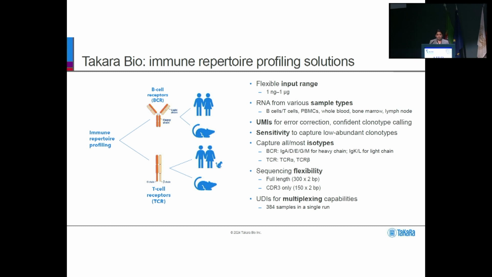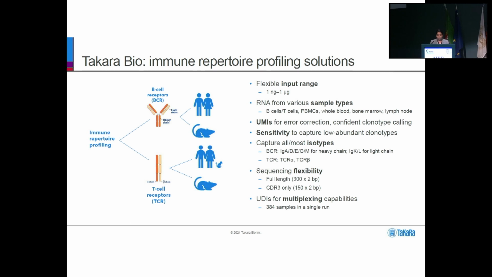So the focus of my talk today is about immune repertoire profiling, more specifically BCR. And in immune repertoire profiling, we provide solutions for both B cell receptor repertoire and T cell receptor repertoire, which are compatible with both human and mouse RNA samples. Some of the kits are also compatible with rhesus RNA samples. Our kits have a flexible input range, from 1 nanogram RNA to 1 microgram RNA, and they're compatible with various sample types, be it B cell or T cell RNAs, PBMCs or whole blood or primary